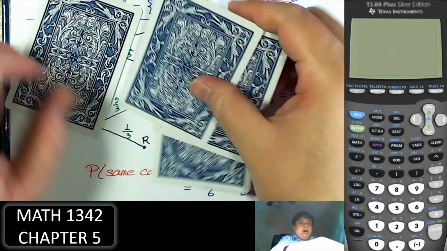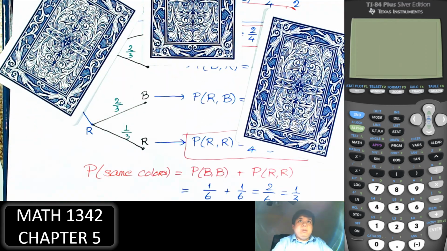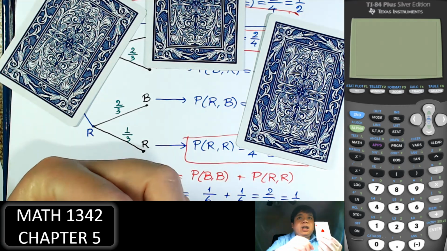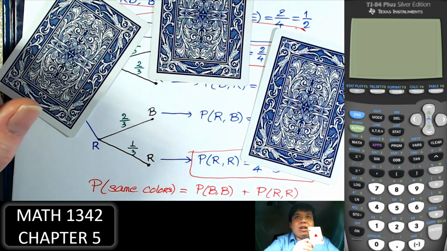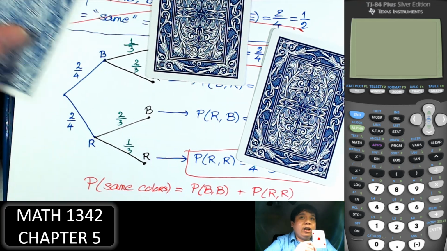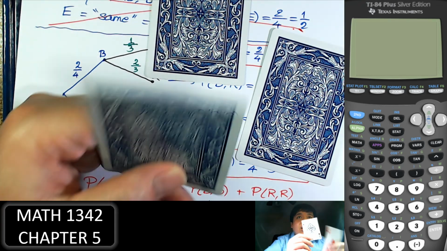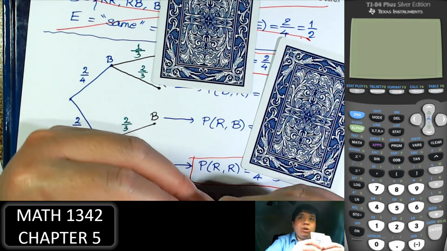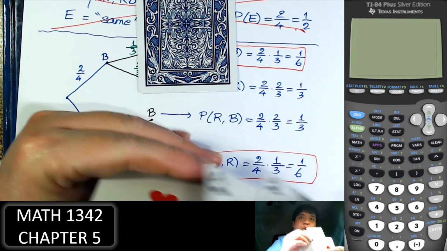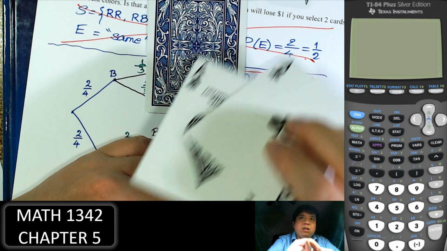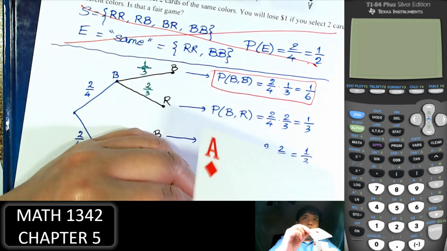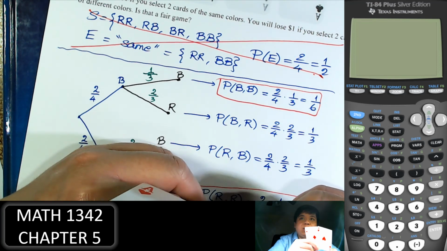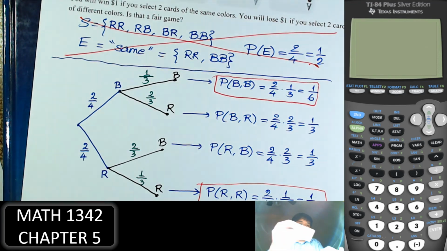So the first one, after you pick, doesn't matter what it is. Say this one's red. Out of those three left, only one of them is red. If you pick that one, you win. If you pick something else, you lose. And there are two black cards that you will lose. And the chance you pick to win is having the same color. Right,